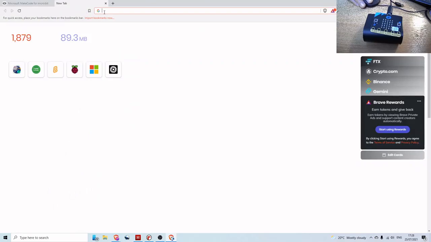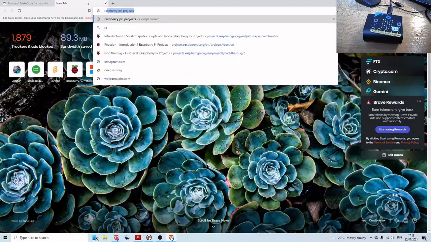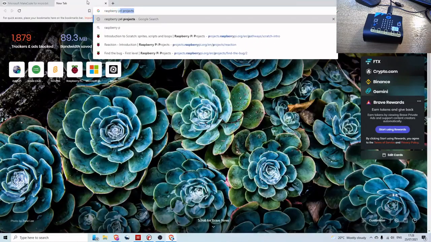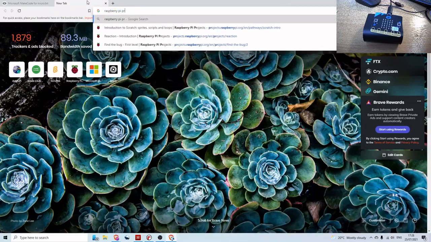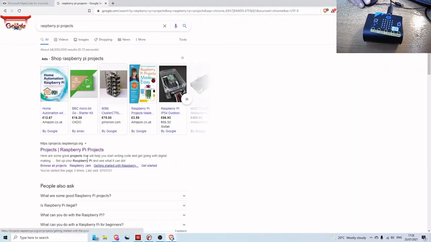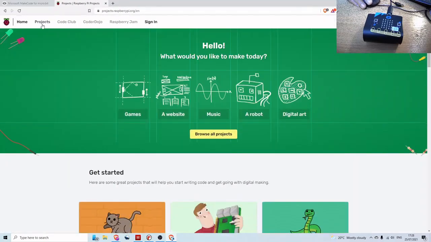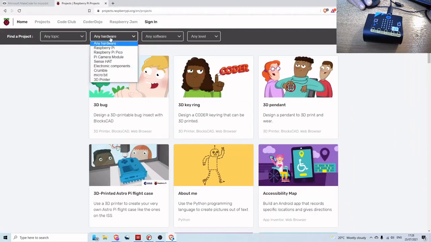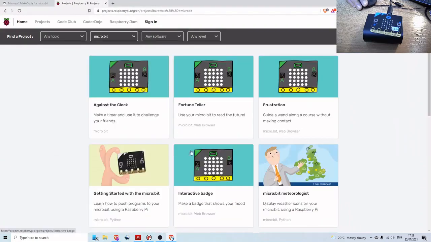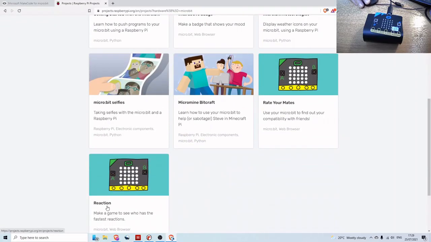And then I'm going to use one of the Raspberry Pi projects today. Raspberry Pi projects, and this link down here, and projects, and click in here for microbit. There's a number of microbit projects on here. I might try and do another one another day, but today's one is called Reaction. It's the very last one on here,